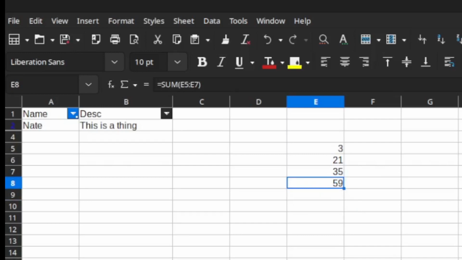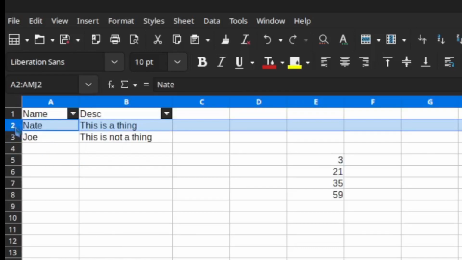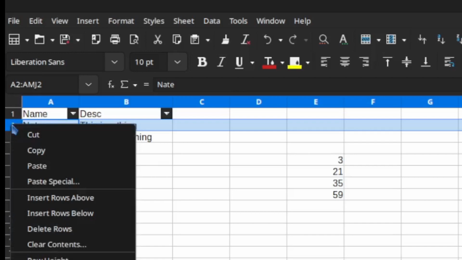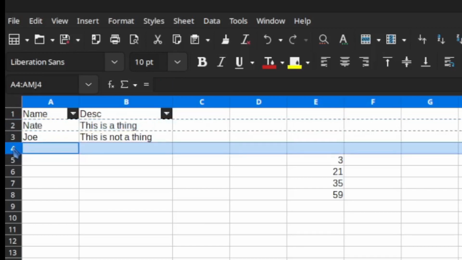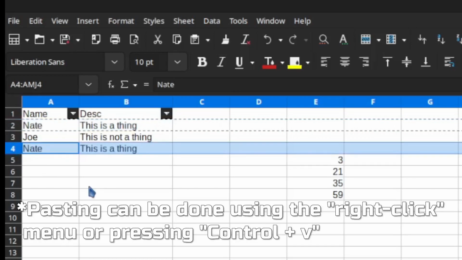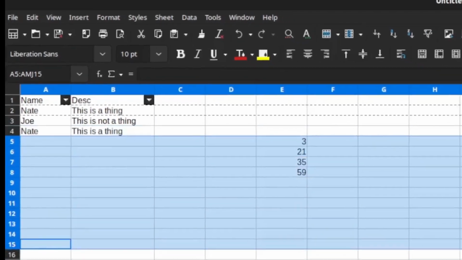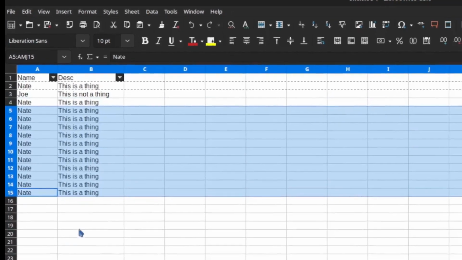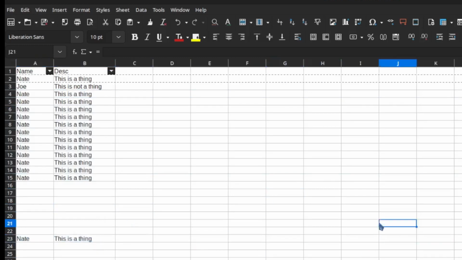The other feature that I find really useful is if I need to copy a row. I'm going to copy this one. I can select it by clicking the number, right click and select copy. You can see how it's selected all of that. And I'm going to come down and I want to paste that here. Now, in Excel, by this point, it would have deselected and it would no longer commit that to the keyboard. However, here in Calc, I still have it and may continue to use it,